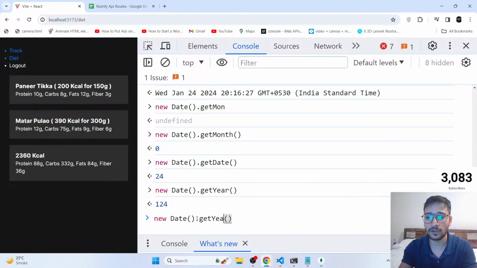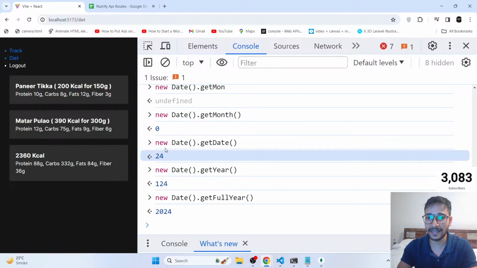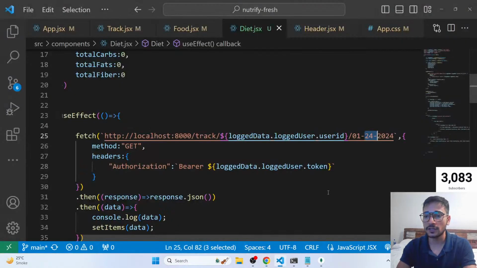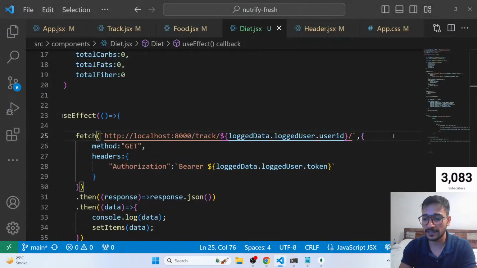But wait, I want the full year, not this. So guys, this is what we want: getMonth +1, which will give us the current month exactly, getDate, and also getFullYear. So let's create our date, everyone. Okay. So for that, guys, we'll do